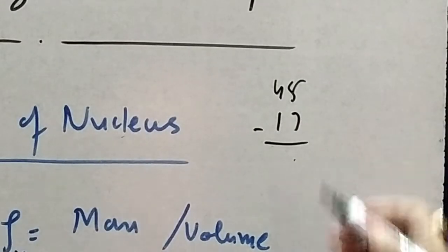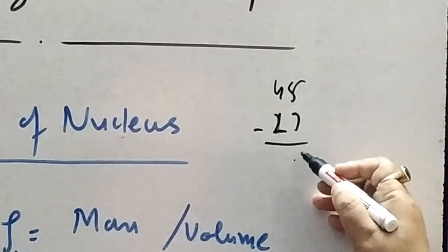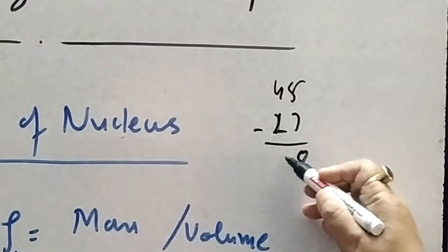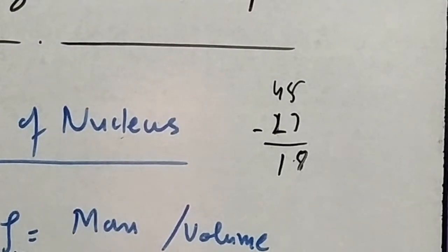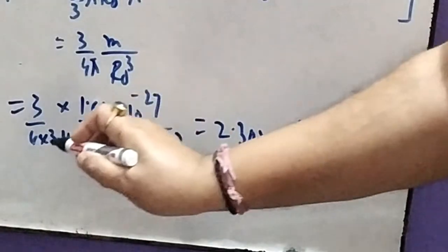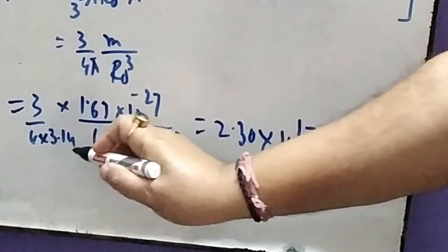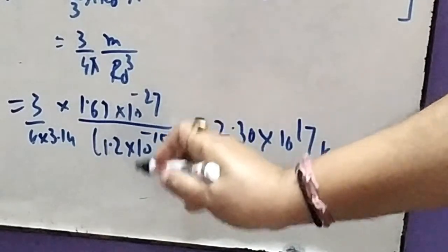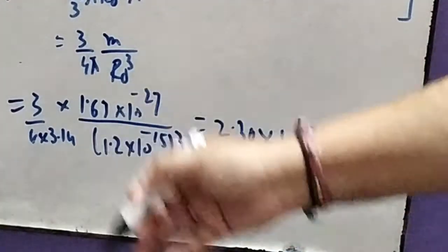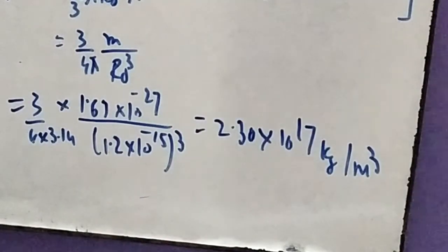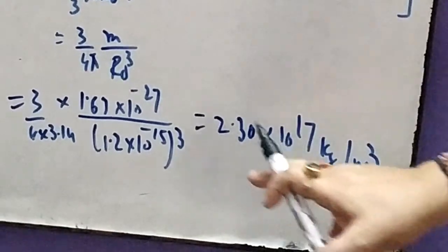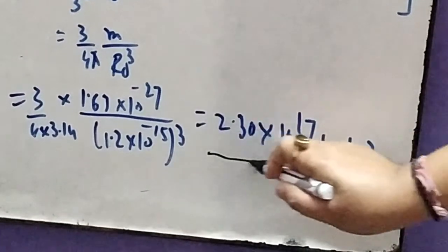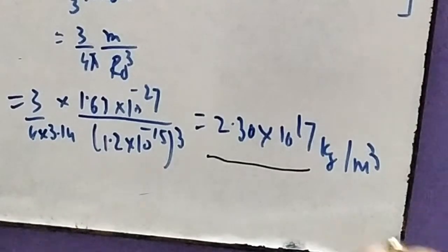Looking at the powers of ten, the power of minus 27 in the numerator combines with the powers from the denominator, and the remaining numbers are 1.67 in the numerator against the larger number from 4, 3.14 and 1.2 cubed in the denominator. Therefore we take the power up to 10 to the power 17, and the rest is 2.3 into 10 to the power 17 kg per